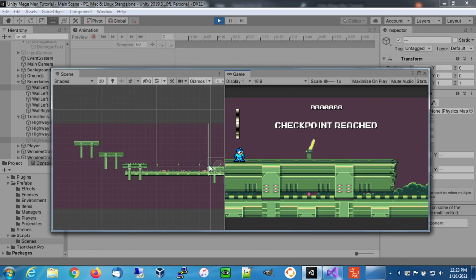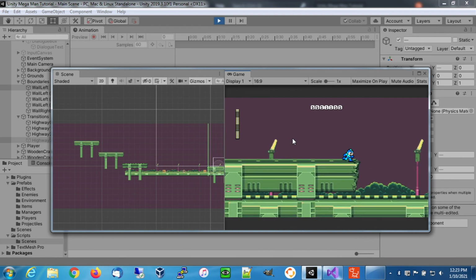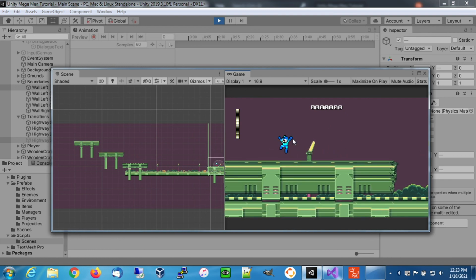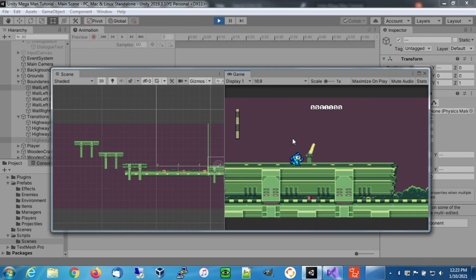And you see that trigger is going to disappear, and now our left wall is over here. So I made it to the checkpoint. We already know I can't go any further from the previous videos, but now if I try to go left, I can't go anywhere because my left wall is now blocking me in. So I'm in my checkpoint area,